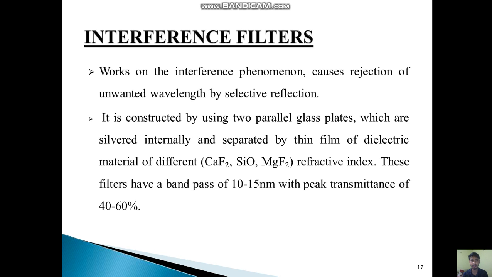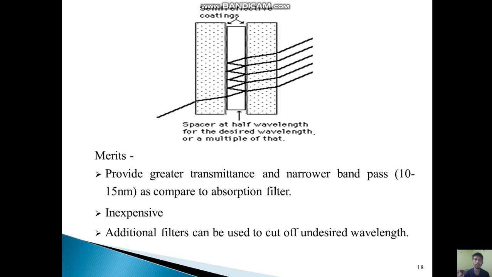These are the dielectric materials used for making the thin film. These filters have a band pass of 10 to 15 nanometer with a peak transmittance of 40 to 60%.